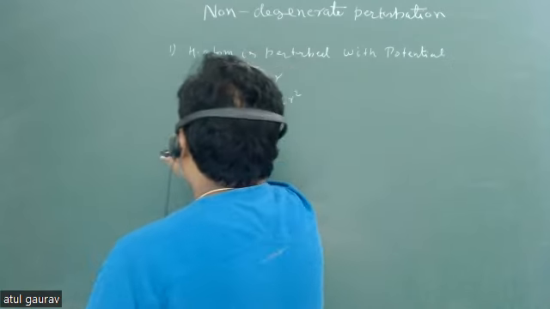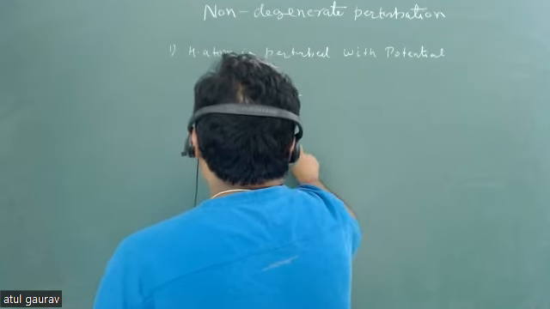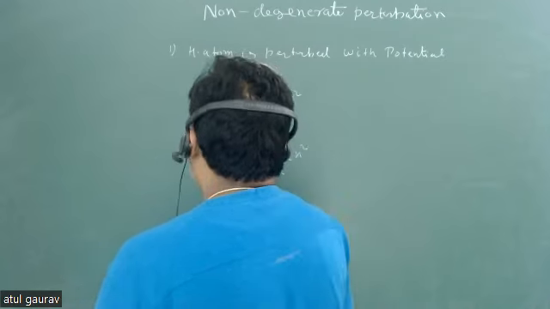Third is V(x) = kx. Fourth is V(x) = half kx squared. So these are four perturbations, and the hydrogen atom is in